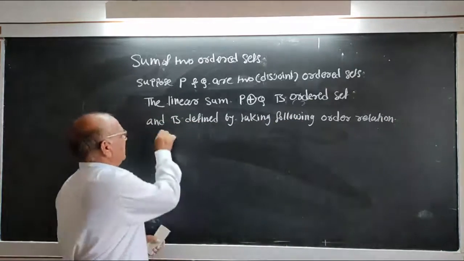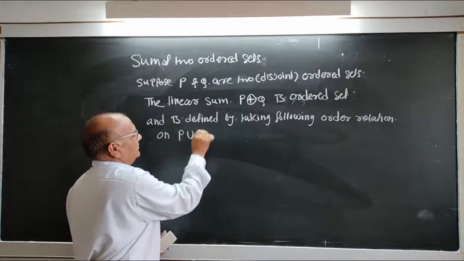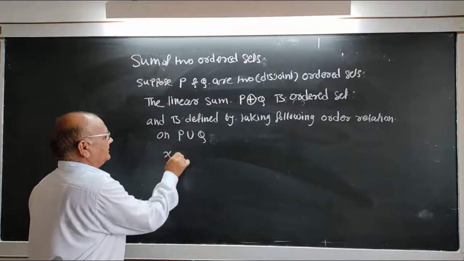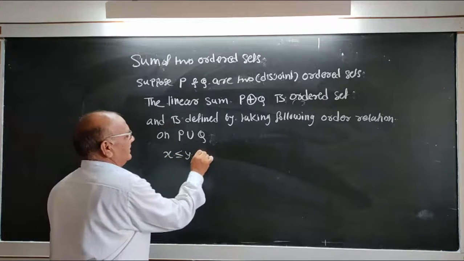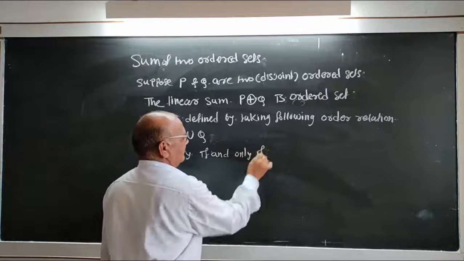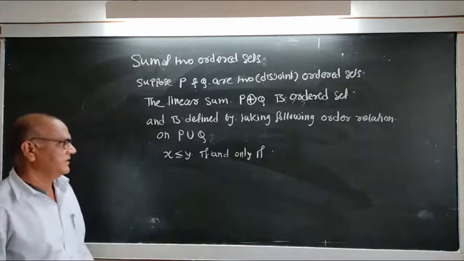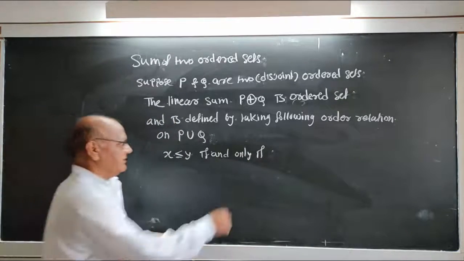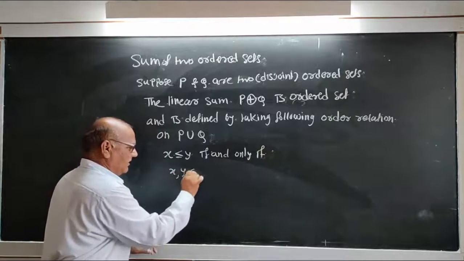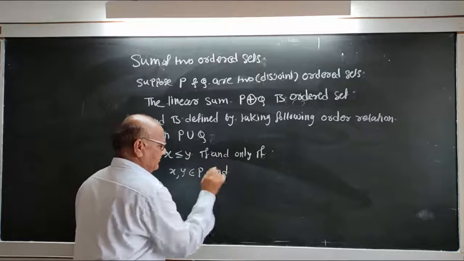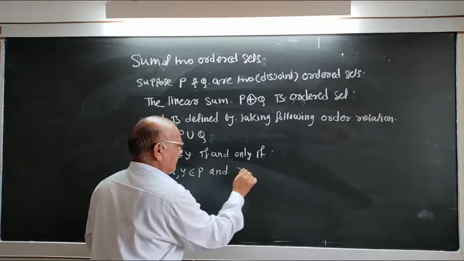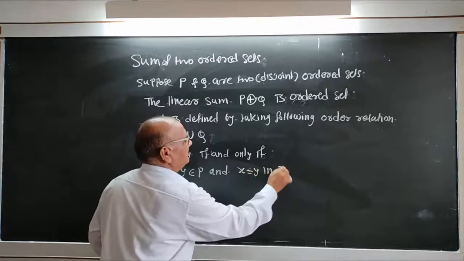Taking the following order relation on P union Q. X is related to Y if and only if either X, Y belongs to P and X is related to Y in P,